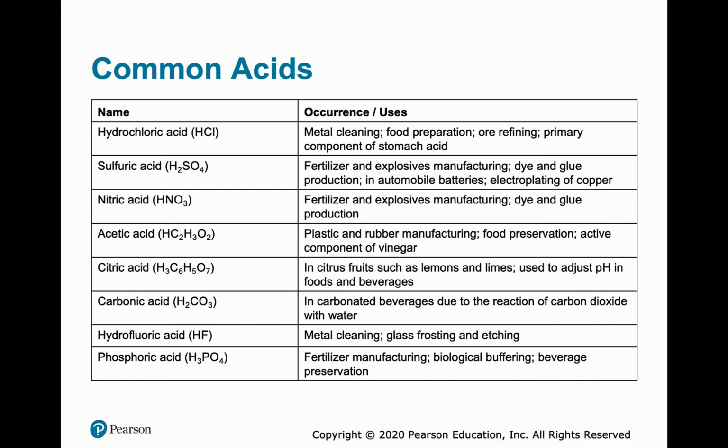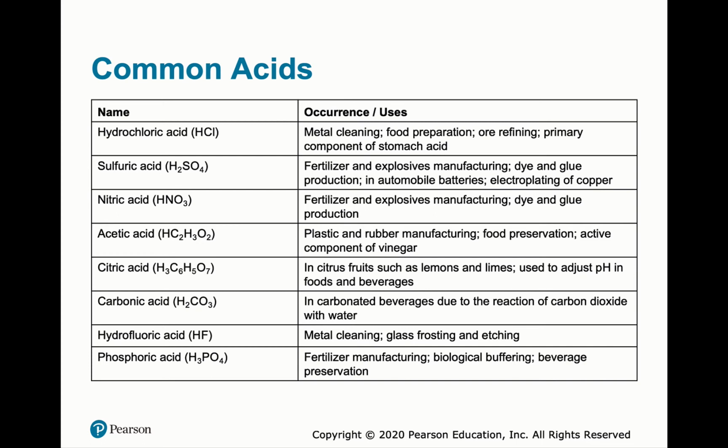Sulfuric acid combines with ammonia to make ammonium sulfate. That's a very common fertilizer, for instance. And nitric acid is a primary fertilizer, but it's also used to make explosives. So nitric acid is very dangerous from this. For instance, TNT, trinitrotoluene. The way that you make TNT is you take toluene and mix it with nitric acid, and it forms trinitrotoluene.